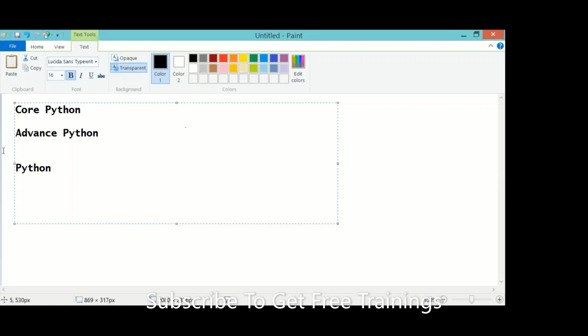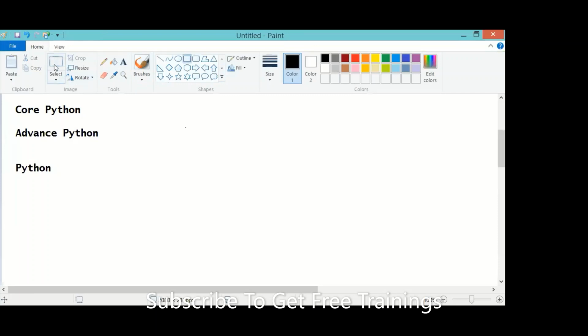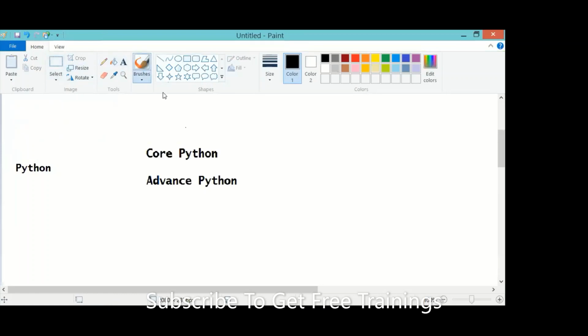For our convenience, we divided it into two parts. But in an interview or anywhere, you should not speak about this. You say, I am a Python developer. Even when you are searching for a job, you have to search for Python developer.